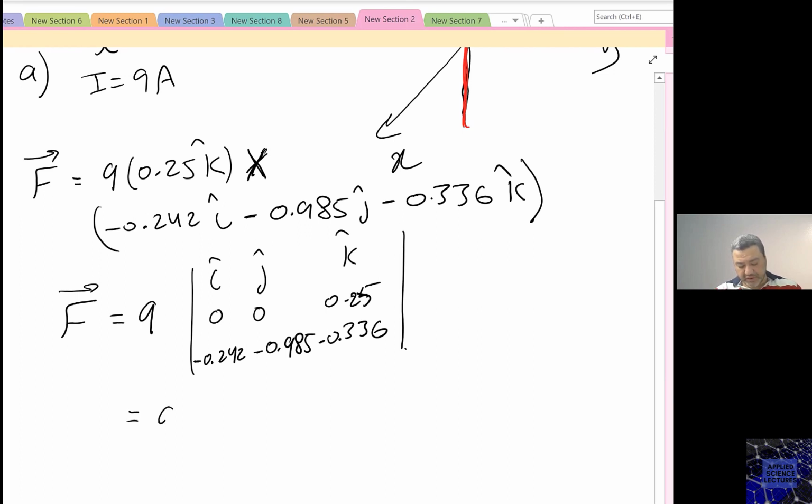So this equals 9. For the i component we have 0 times minus 0.336, minus, which is plus 0, minus, we have here